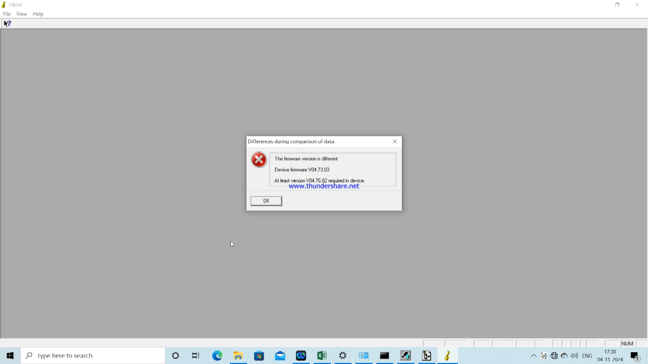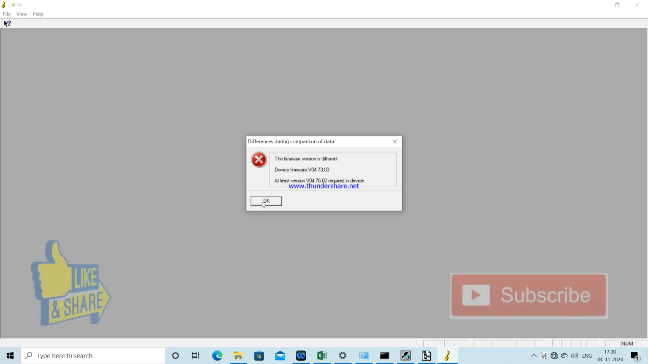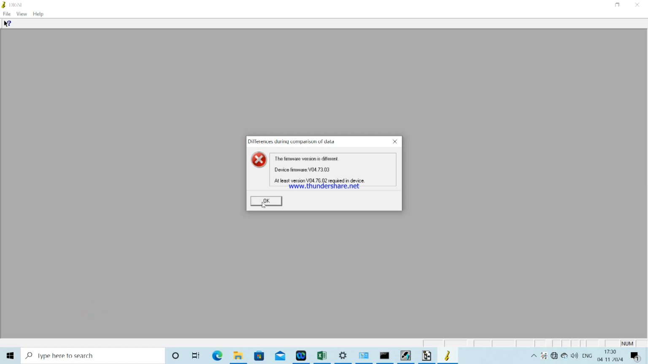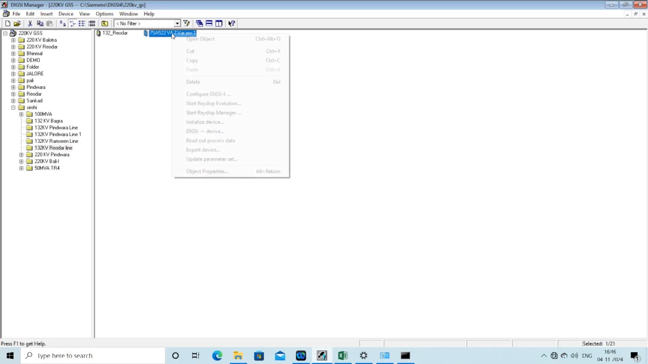Now you can see that the device parameter, or the device firmware version, is 4.73, but the catalog template version is 4.76. So this mismatch will not allow the device to communicate. In that case, we have another option: first take the catalog file through